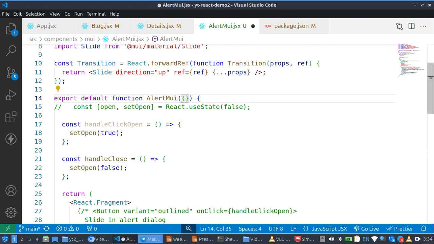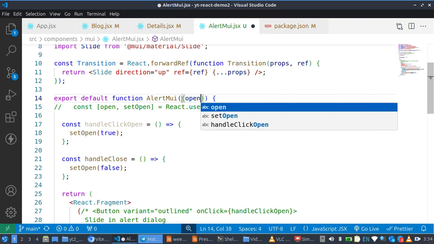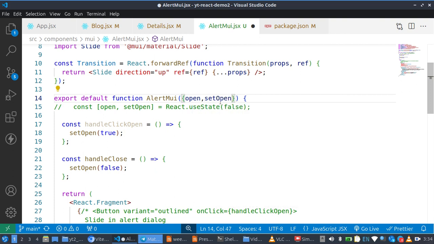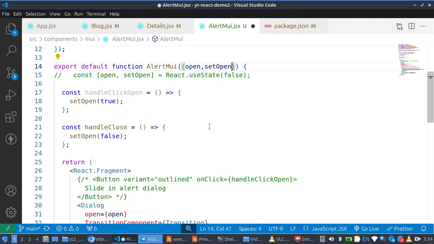So I need to get my open, then set open. Then we also need something else. We also need to get our action,